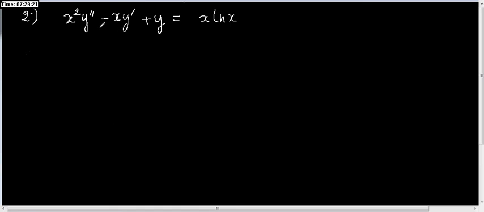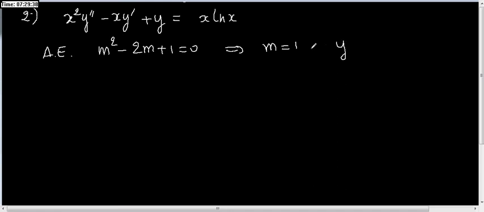Now, this time around we are dealing with Cauchy-Euler, so the auxiliary equation will have the form m squared minus 1, that means minus 2m plus 1 equals 0. So which means m should be 1,